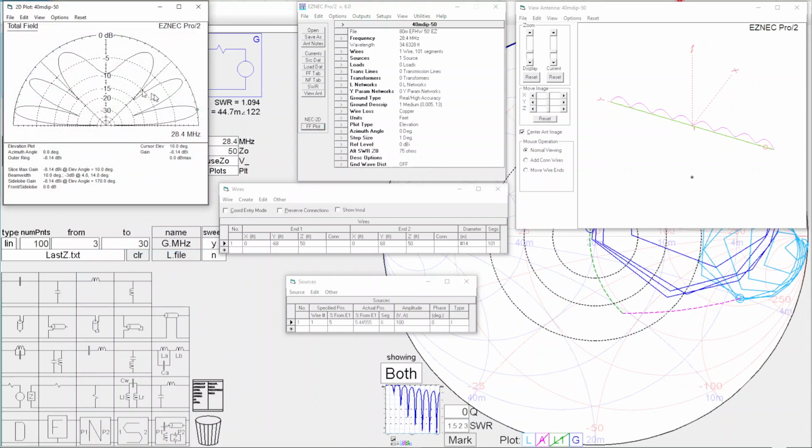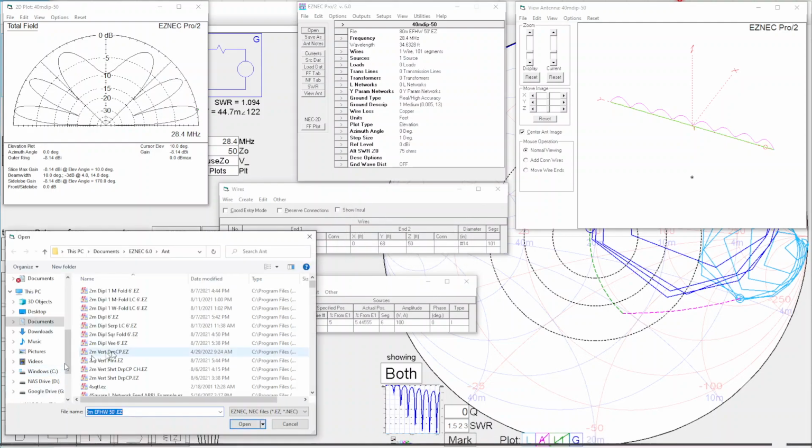And yeah, we're getting several lobes, lots of energy at different angles. So end-fed, that's what you would expect with an end-fed half wave. Yeah, you can make it do it, but you've got to trade off. Everything is a trade-off. So that was kind of fun. Now let's move on to a couple of verticals. And let's open up a vertical that I have in here that is a,